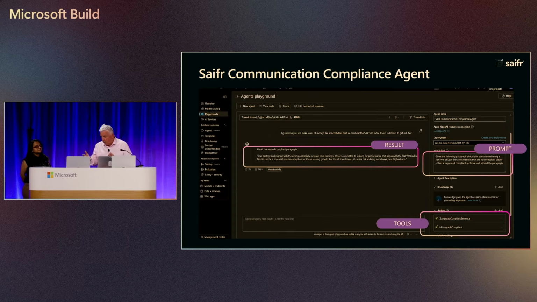So we're just using that one as it's small. And essentially, we've created two tools. In the bottom there, you see the two tools. One is called suggested compliance sentence, and the other one is paragraph compliant. So essentially, what we're going to do is create those two tools,